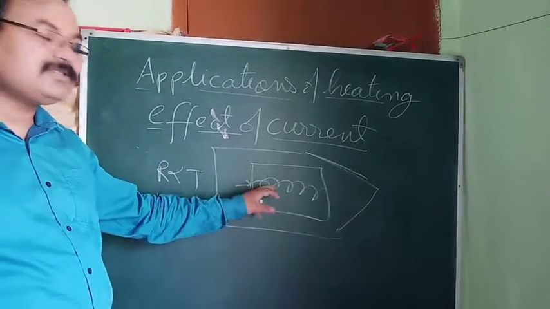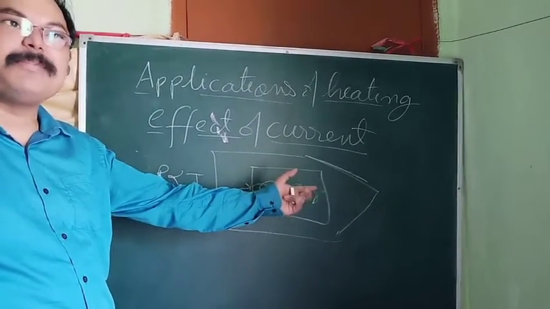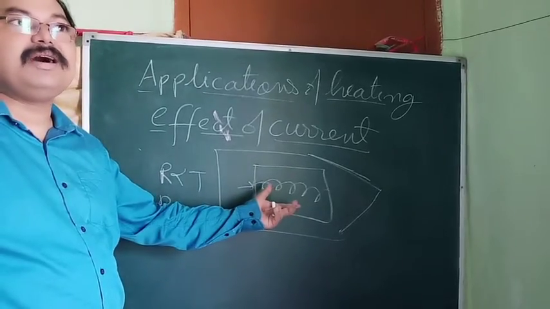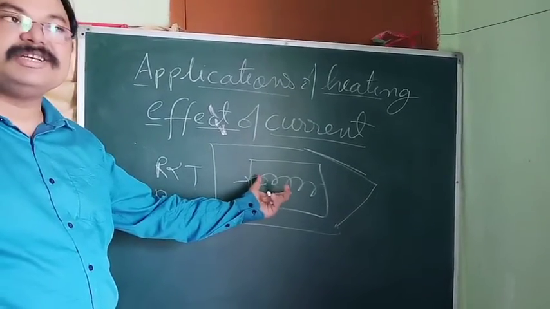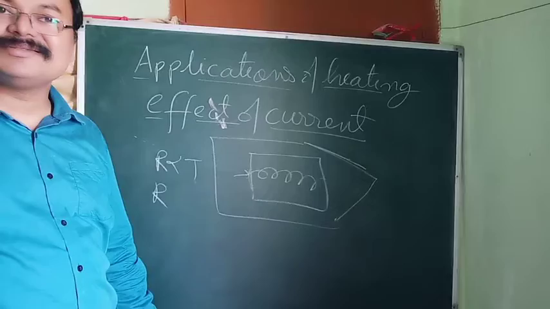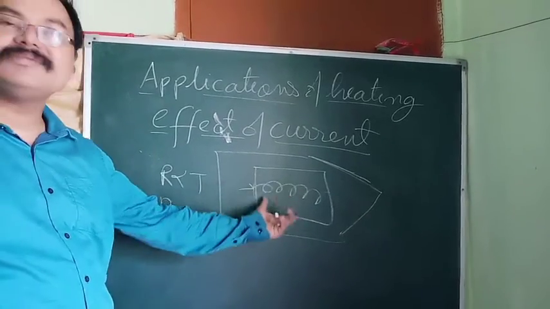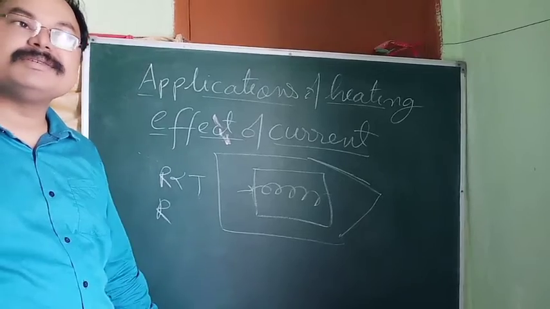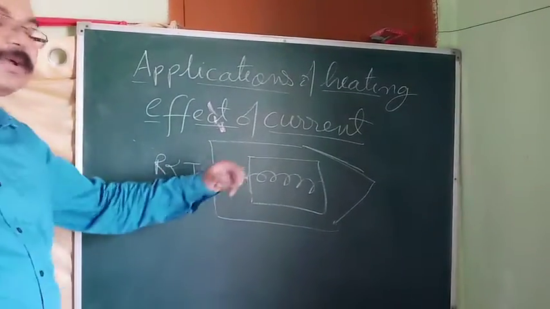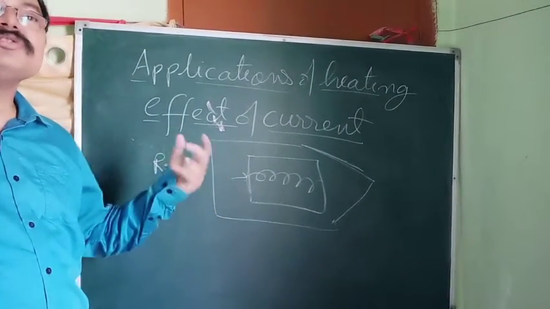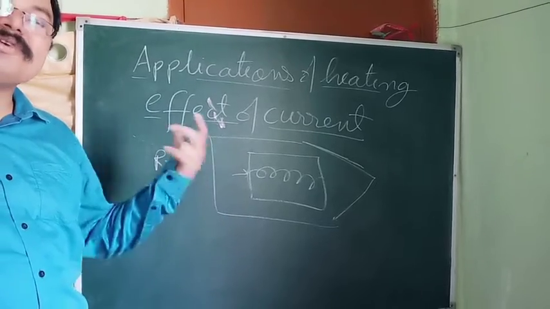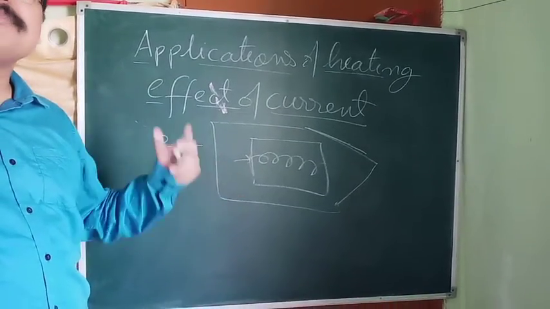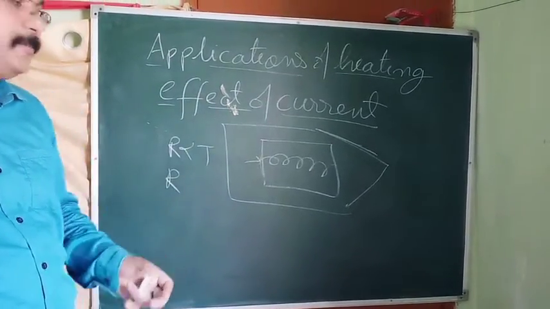Because if the resistance keeps on increasing with temperature, then what will happen? A point of time will come when it is very much heated, then current will stop flowing through this, and then it will not remain heated for longer. That's why we use such a material whose resistance does not increase appreciably when the temperature is a few hundreds of degrees Celsius.